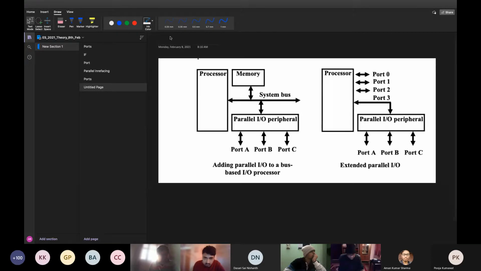So this is system bus and IO bus, you can say, or port. In the system bus, which you see here, which is very closely, tightly coupled with the processor, the system bus is consisting of